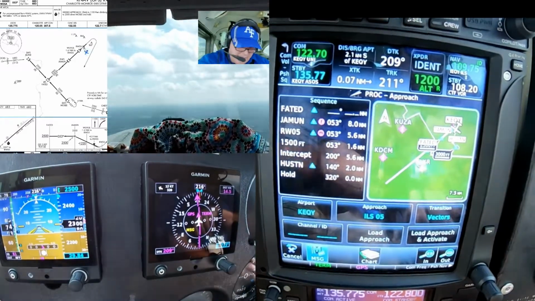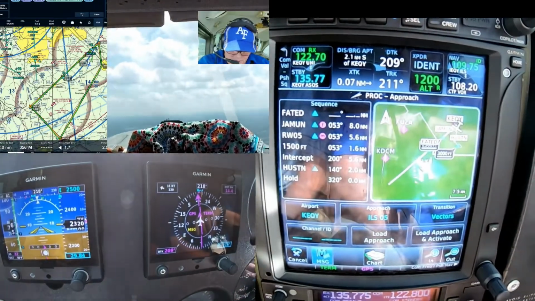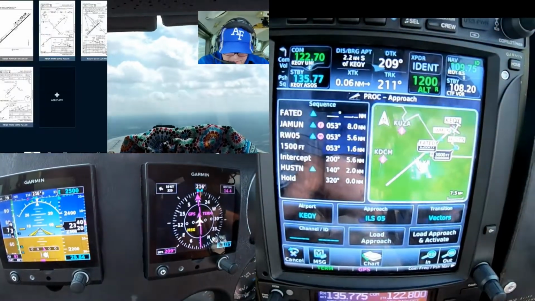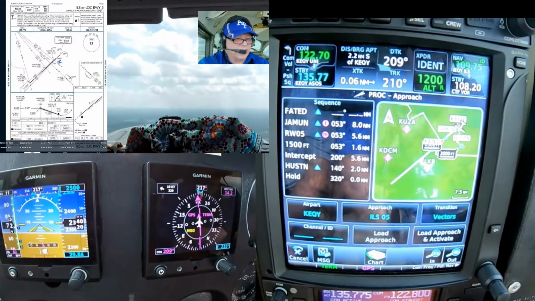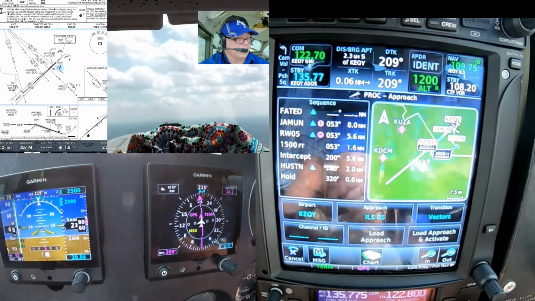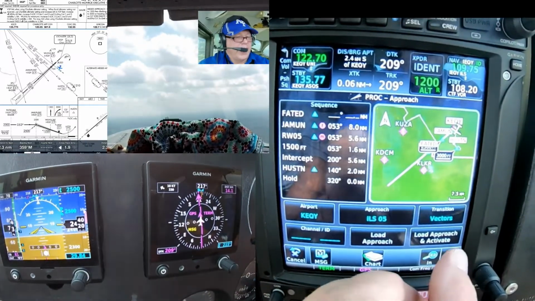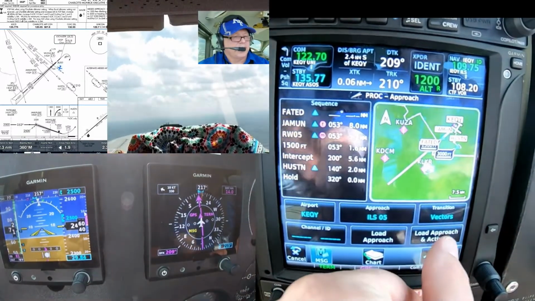the plate to look at that, ILS to runway 5, vectors to final is basically Jamin is the final approach fix. So it's going to extend, do an intercept course into Jamin, which is fine with us in this case, okay? So what we can do is load and activate, and what that is going to do is give us,